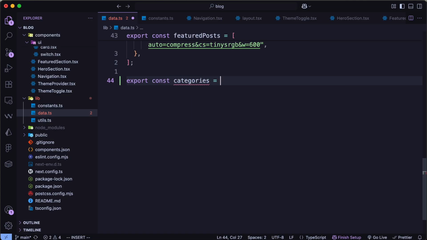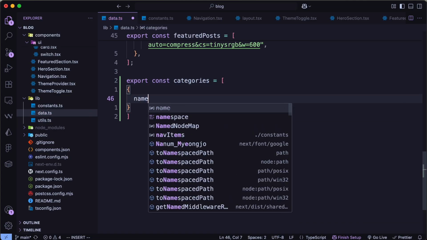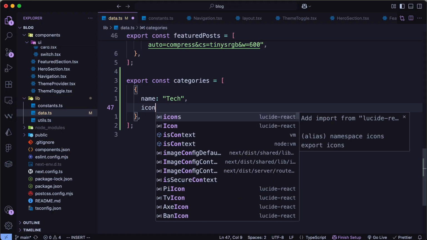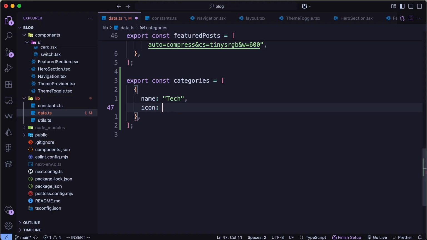Let's set it equal to an array of objects. First we need to have the name, and we can type tech for the first one, and then we need to have the icon. So let's type icon, and what we can do over here is that we can get the SVG of the icon and paste the SVG code over here, and then we can use that in our component. So we can go ahead and use backticks, and what we need to do is we need to go